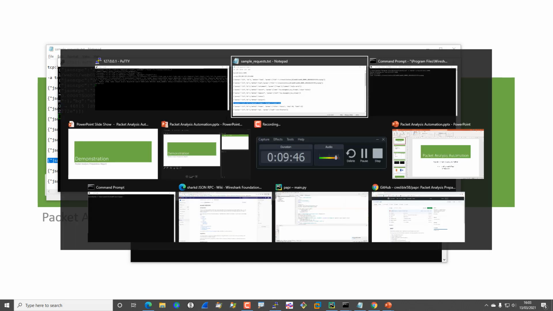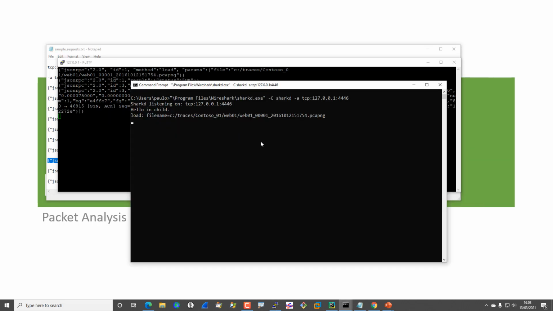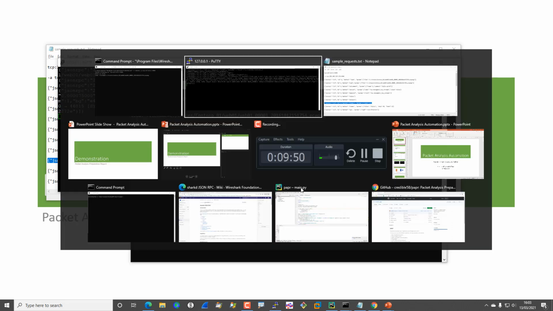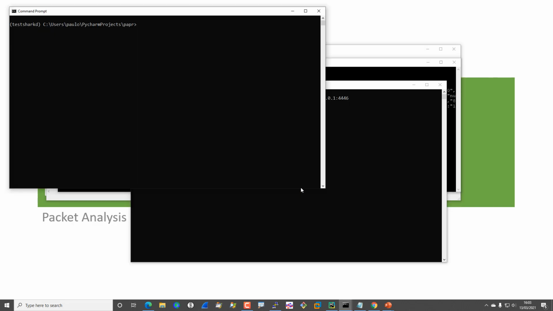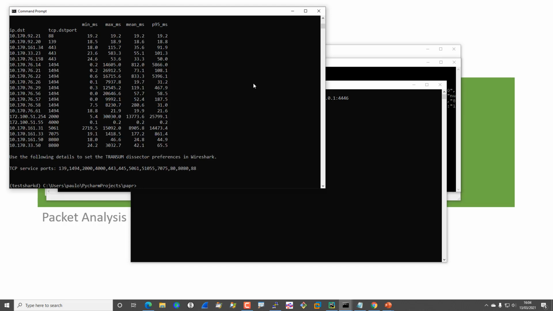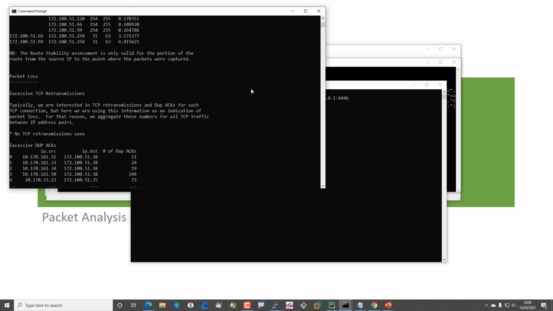The next thing I'm going to do is leave this running in daemon mode, but I'm going to come into here, and I have this program. I'll show you the program in a second, but let's just run the program initially just to see what we have. Now this takes a while to run, so I'll skip forward in the video once this is complete, and then we'll review the output. Okay, so that's now complete, so let's wind back a bit and go through the actual